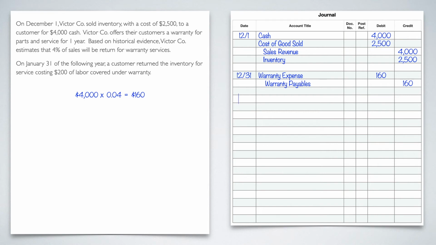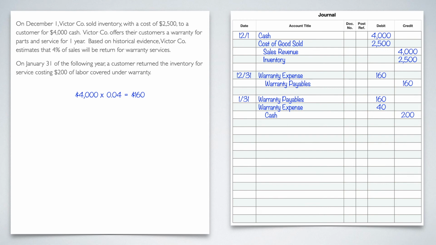So January 31st, again, we're going to take it out of warranties payable, but we can only take out what we have in warranties payable, which is 160. That's all we can take out. But cash is going to cost us $200, so we'll credit cash for 200. Now our debits and our credits are not equal. We're off by 40. So what are we going to call that 40? Well, that 40 is different from the 160 because the 160 that we put in warranties payable has already been expensed. This 40 has not been expensed yet. So we need to continue expensing any overage that we have, and we're going to put that into warranties expense. So that's what happens if it's more than what we put into warranties payable.